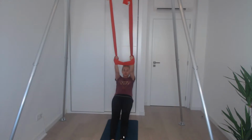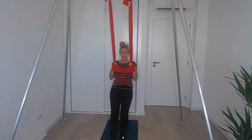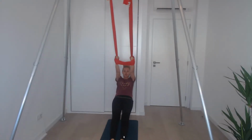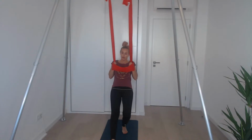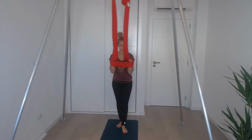3, 4, 5, 6, 7, 8, 9, 10. Now when you do this on your arm, always make sure that you actually really have a good grip